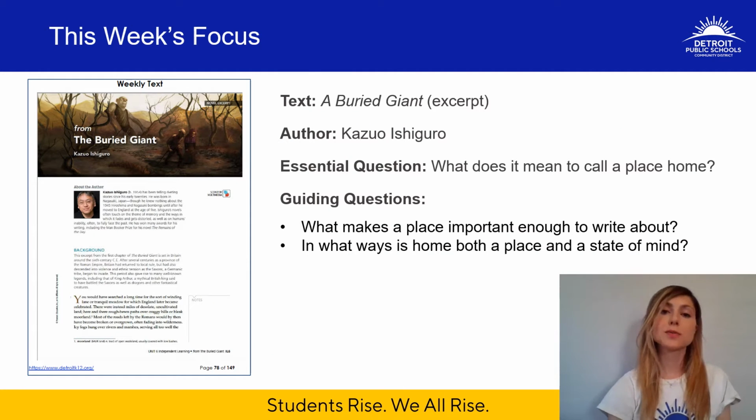As I mentioned, we'll be starting a new text this week. We're going to be reading an excerpt from the novel The Buried Giant by Kazuo Ishiguro, which features two elderly characters, Axel and Beatrice, who live in 6th century Britain. Until this point, we have read texts that have been informative in nature about Britain. So I'm excited to explore this fictional story with you that's narrative in nature. In this excerpt of Ishiguro's novel, we will see how the storyteller describes rural Britain during this early time period, and we'll think about how this differs from Bede's description of Britain in last week's text.